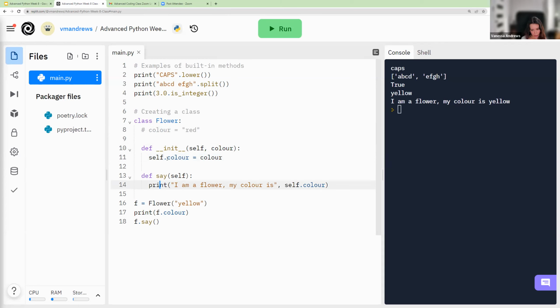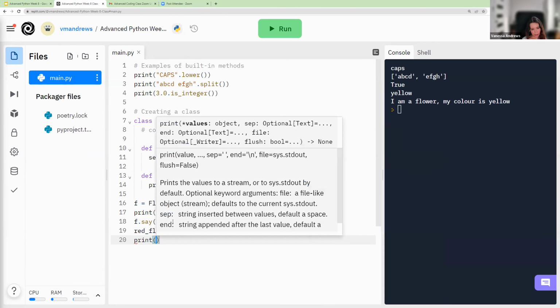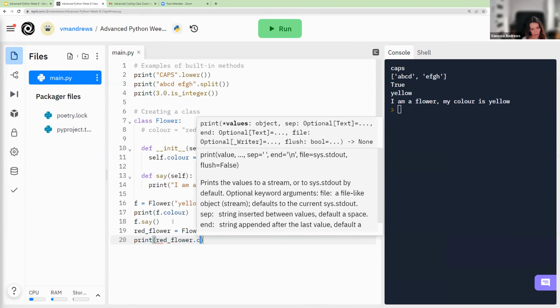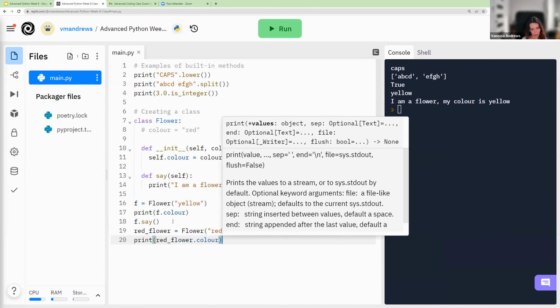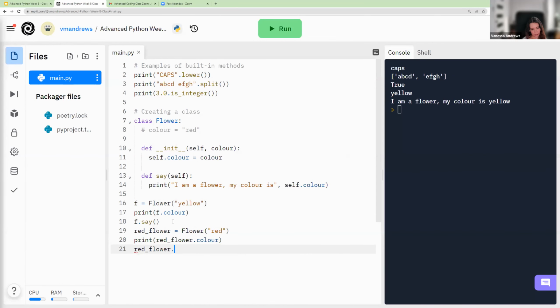And then everything works as normal. So now you can make a bunch of different colors. You can say red flower equals flower red, you can do print red flower.color,